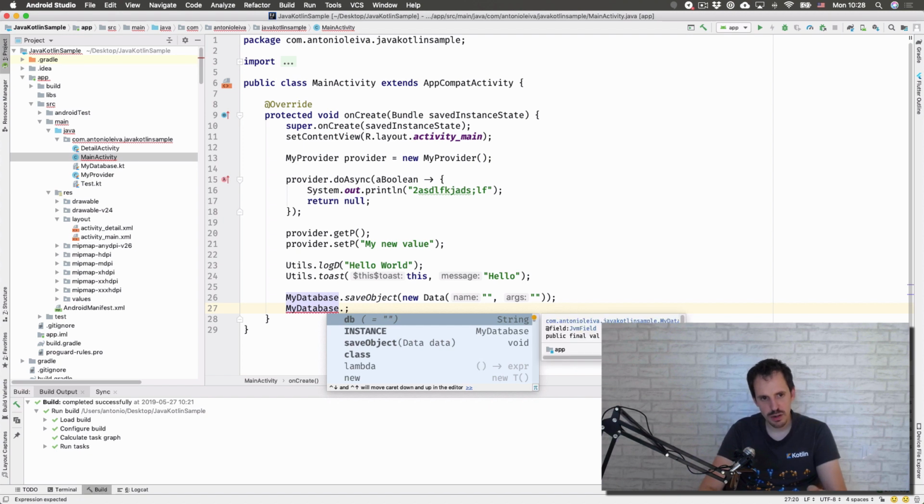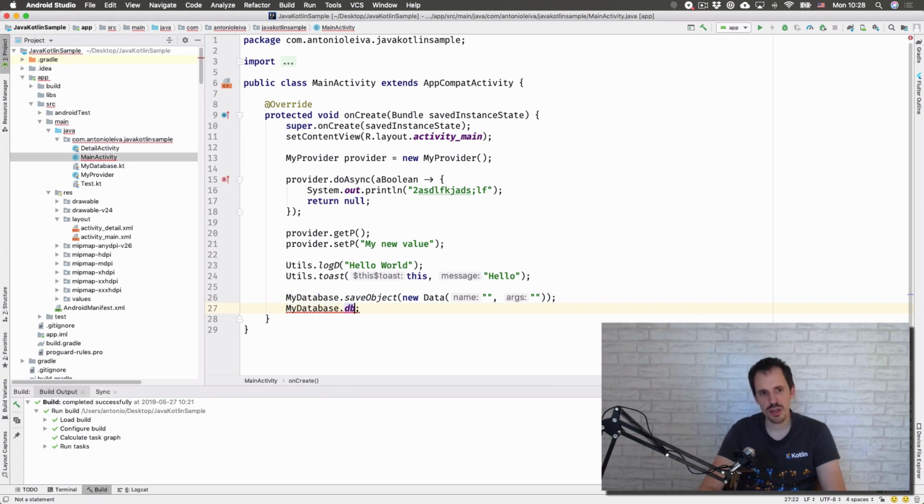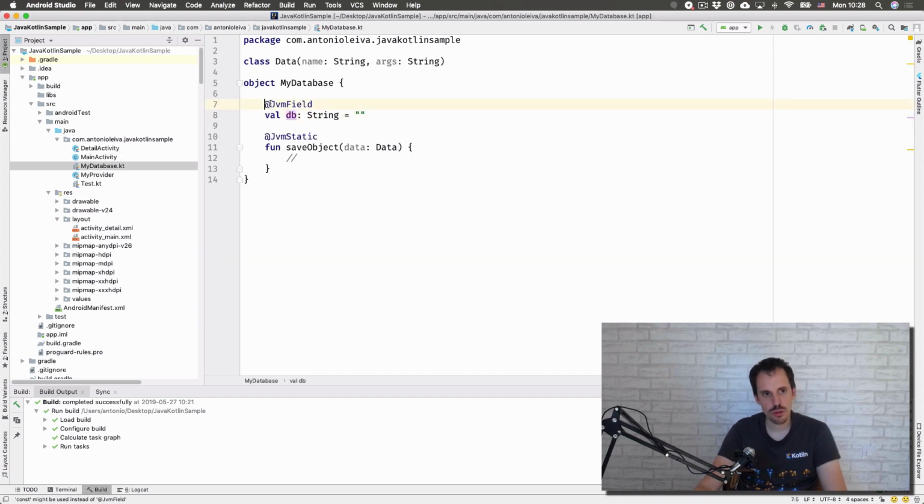That, as you see, I can now access this way without having to use the getter. I could save this to a string x equals my database. So if you are not going to modify that field and want to provide it as if it was a public field in Java, you only need to use the JVM field annotation, and this will work automatically. With data classes, we had